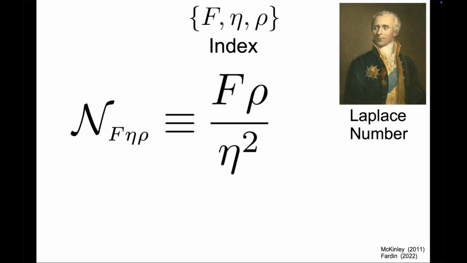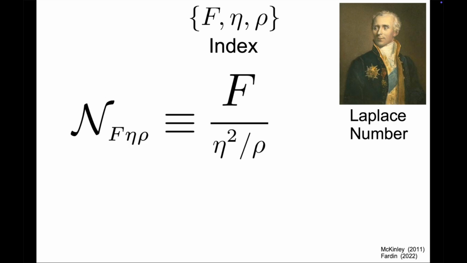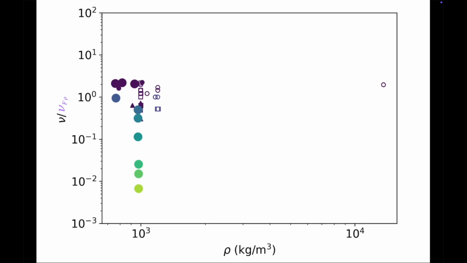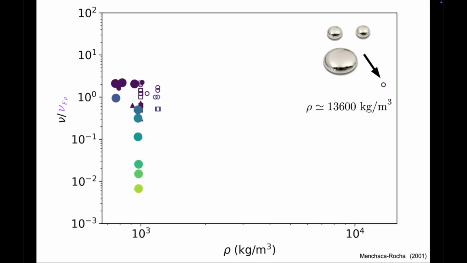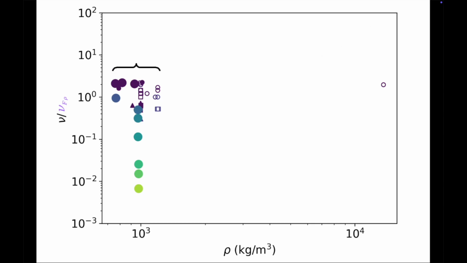Written in this way, the index of the trio can be understood as a force scaled by viscosity and density. You can check that the square of a viscosity divided by a density is indeed a force. Another way to think about the Laplace number is as a density scaled by a force and a viscosity. If we were to plot the scaled diffusivity versus the density for each experiment, we would get a pretty depressing result. Except for this one example concerning drops of mercury. All other fluids used have a density not far from that of water. On a plot like this, it would be hard to even see two different regimes.